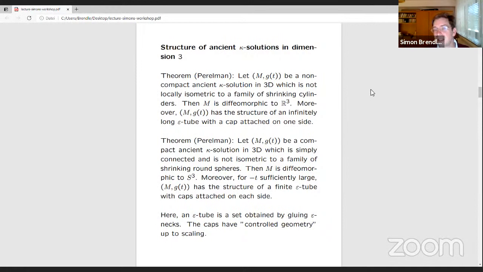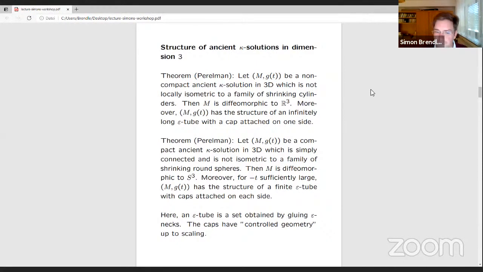But it still has controlled geometry. So you can control its maximum curvature by its minimum curvature. You can control the diameter by the maximum or minimum curvature. So basically up to a single scaling factor, you control this cap in any